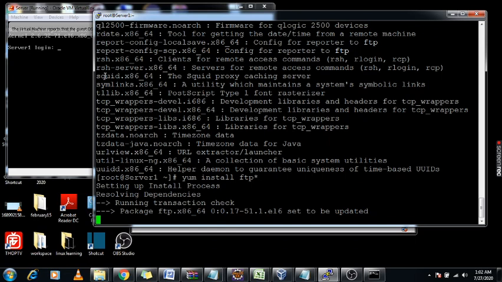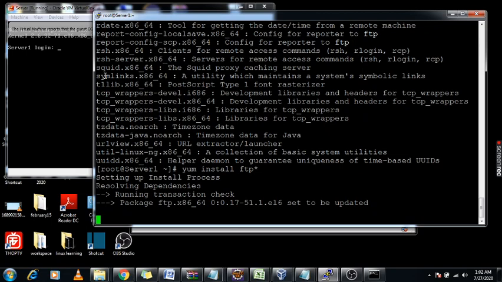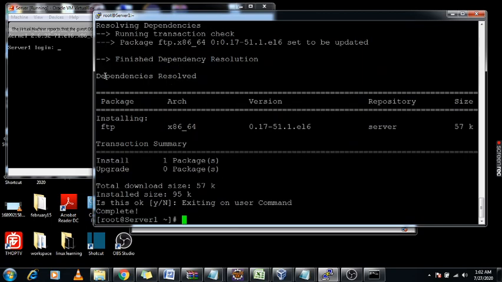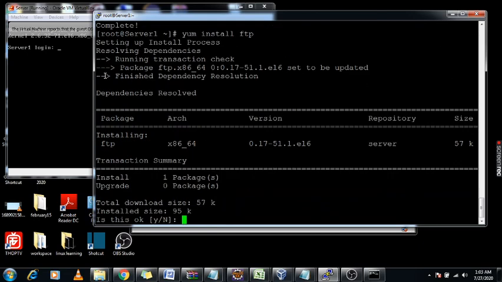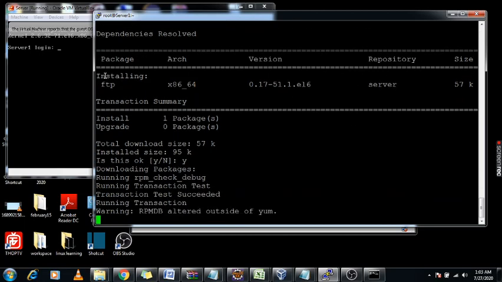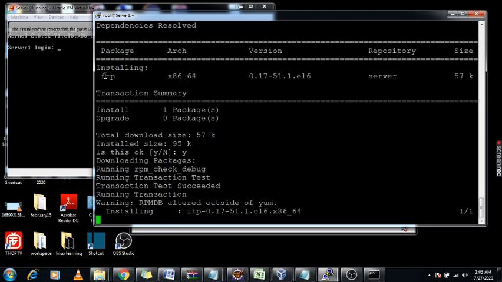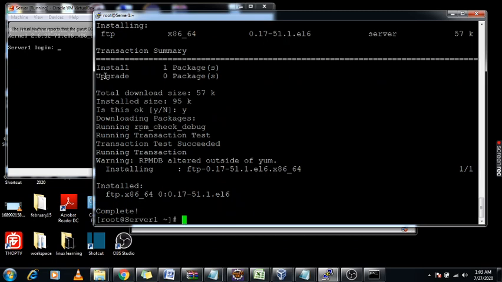It will directly install. You can install multiple packages at the same time.